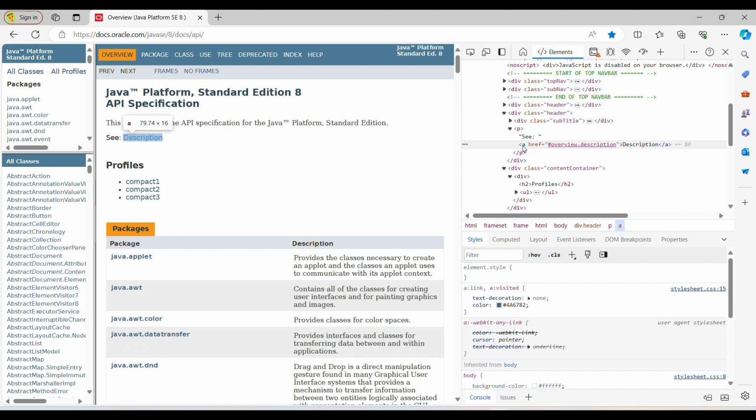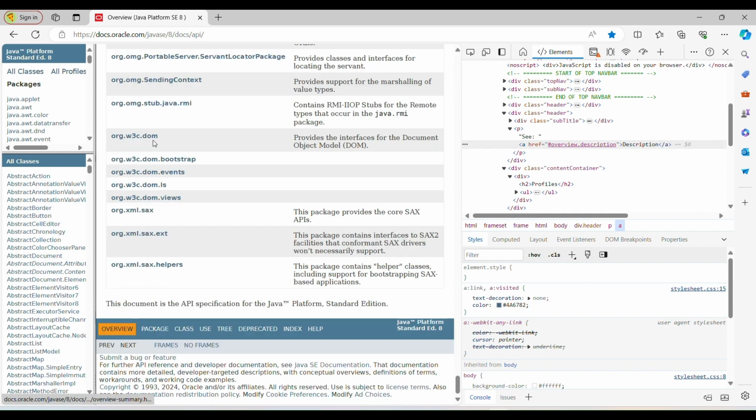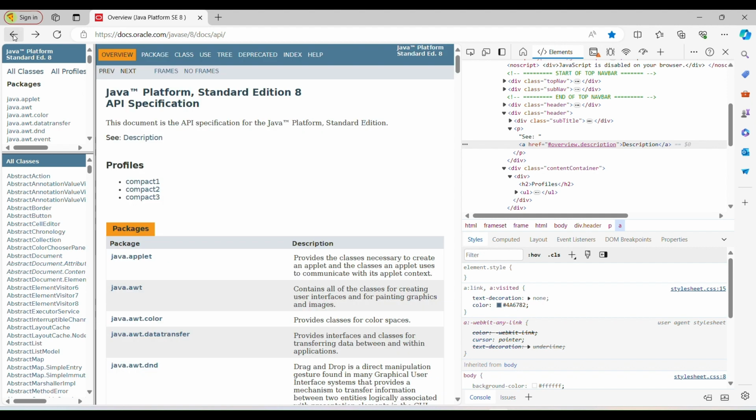So the anchor tag contains a link, right? When you click on this, these options will open, and your cursor will go down to the last moment, and you can see all the values. Before, when we don't select any value, your cursor is up, you are in the first page, at the top.